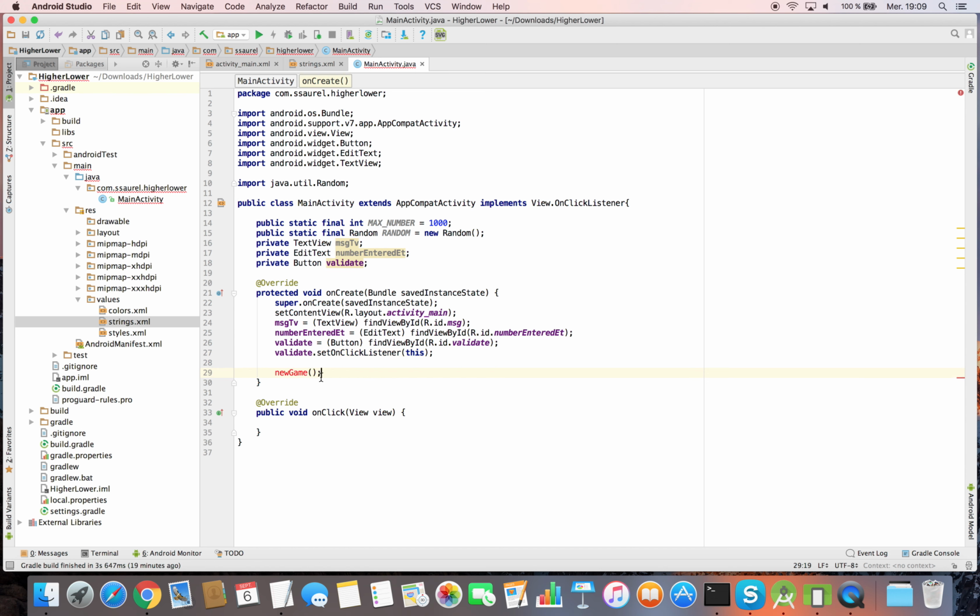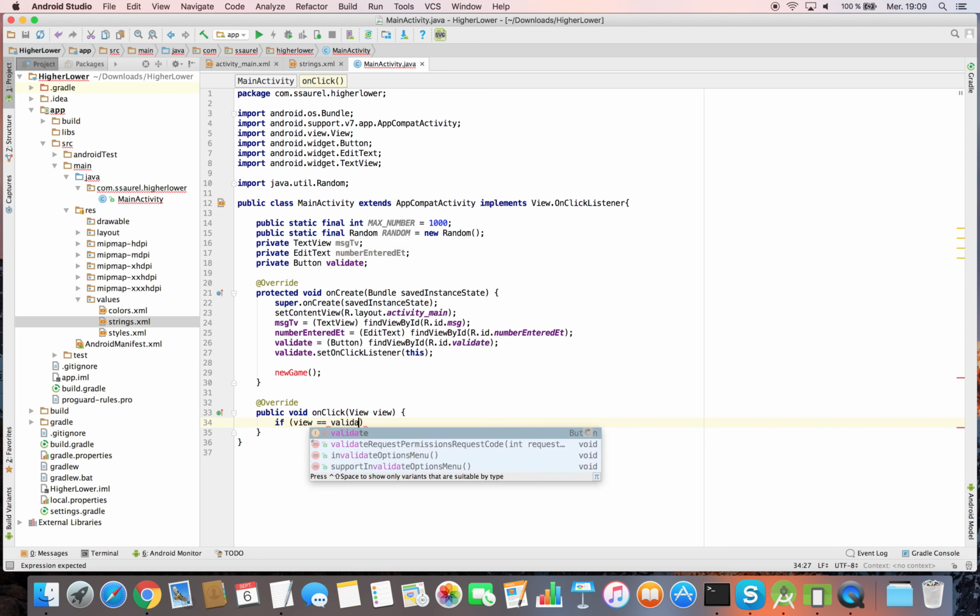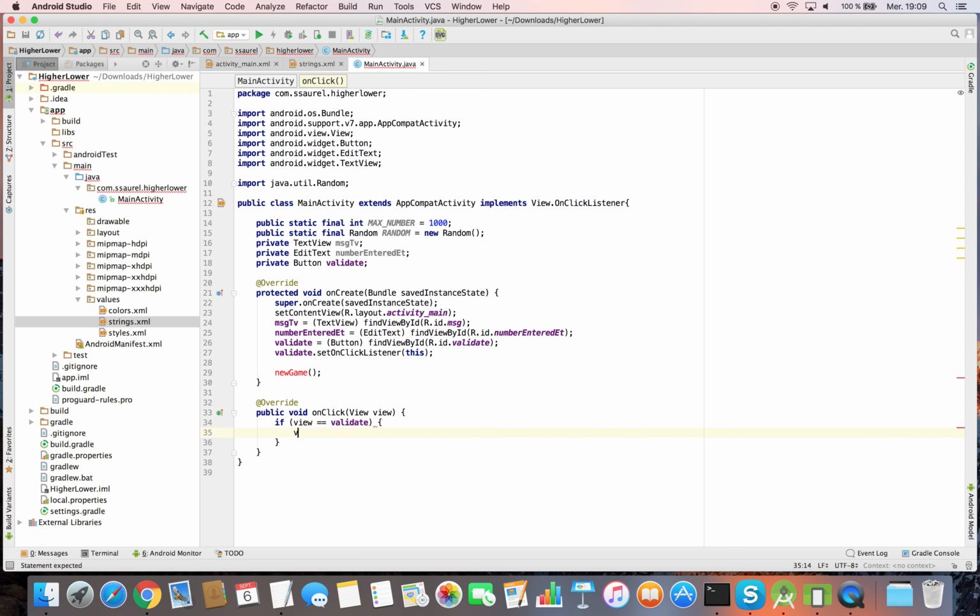And we call the new game method to start a new game. In the onClick method, if the user clicks on the validate button, we call the validate method. We define the validate method.